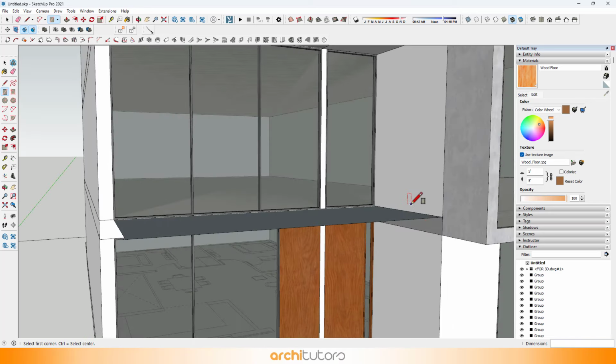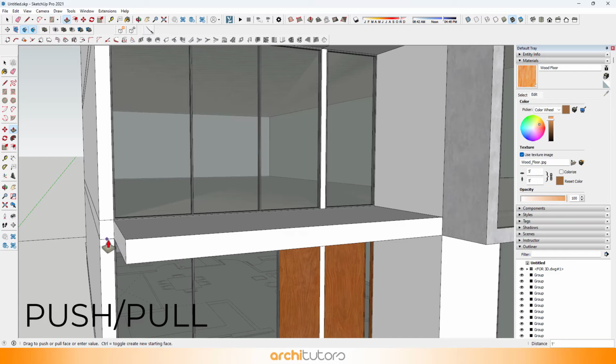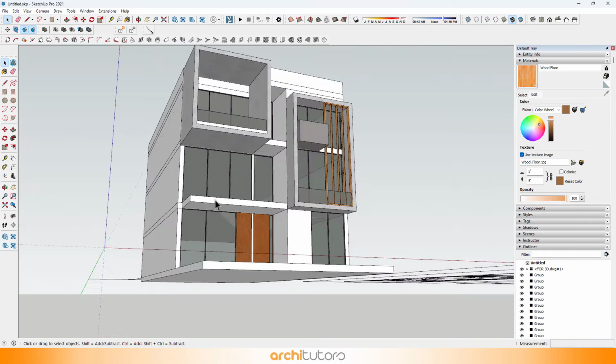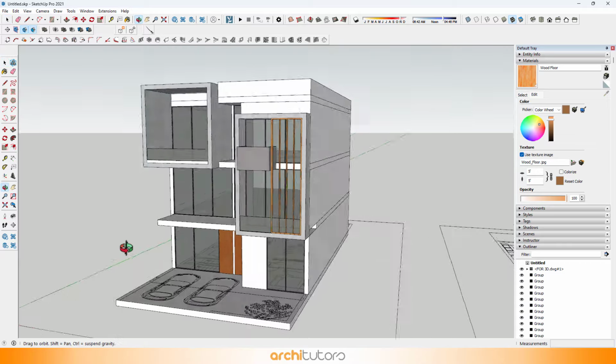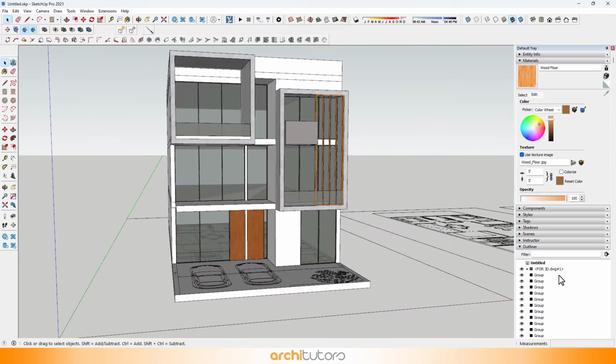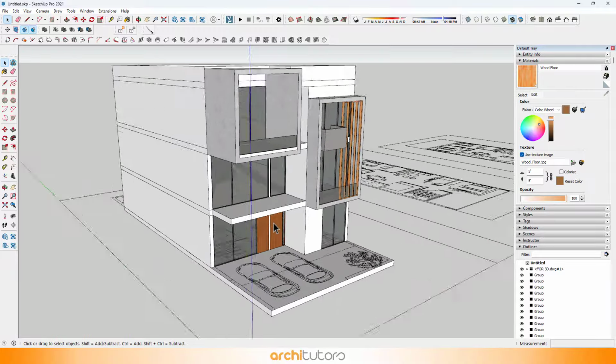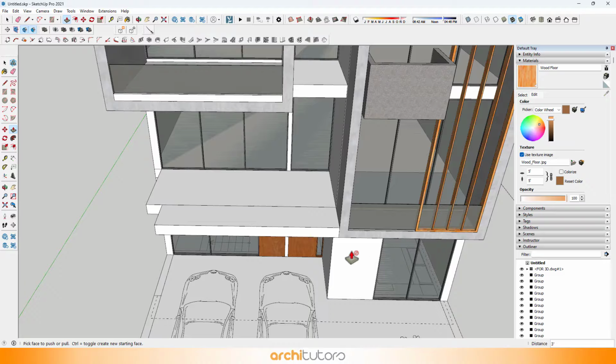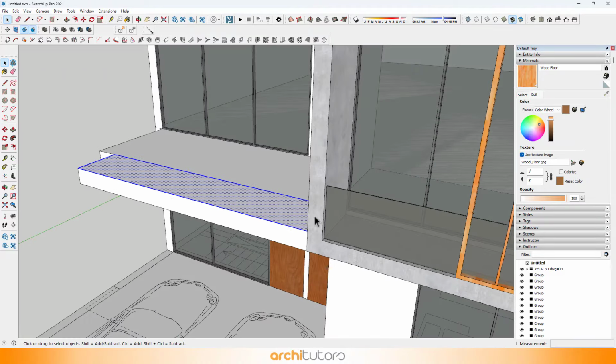Add another balcony on the left of the first floor. Create a box here first. Add a smaller box at front, and extrude it to a height.